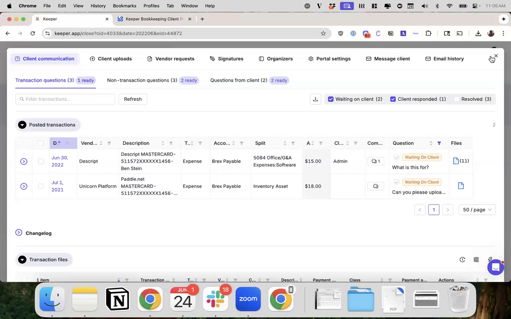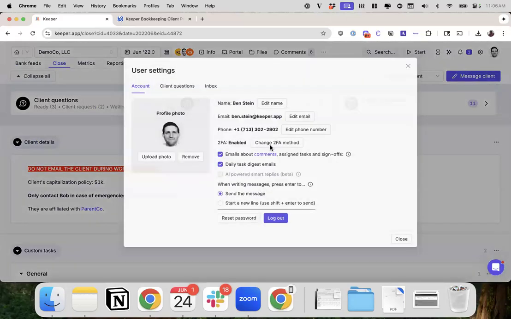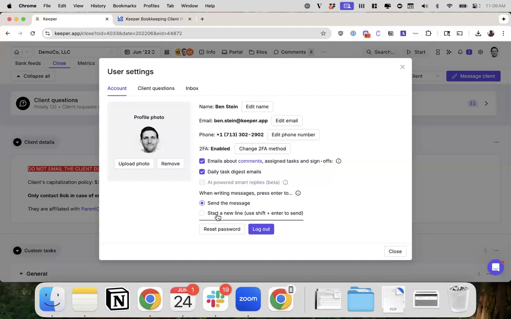A lot of folks were not happy with the enter key automatically sending a message and would prefer enter to be adding a line break, so that you can then click the enter button whenever you're ready. And so we added a setting for that. If you would prefer enter to continue sending your messages, no need to go here. But if you would prefer to have shift enter be what enter is today, so sending your message, and then enter today being starting a new line,